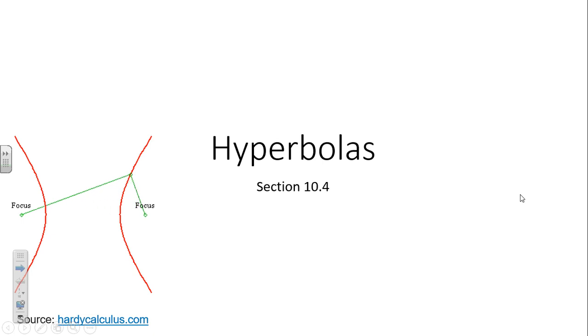So, hyperbolas, first glance, what do you notice? There's two focuses, just like we have with ellipses, right? What do they kind of look like? Kind of looks like we have